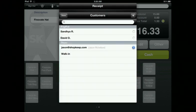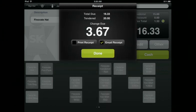The important thing about our iPad app is that because it's a local app, it runs completely offline. So if the internet's down, ShopKeep's down, whatever happens, GoDaddy goes down, you're still ringing up sales in your store, which is absolutely vital to retail. It doesn't work if you can't do it that way. You can complete that email receipt, and let's take a look at the back end